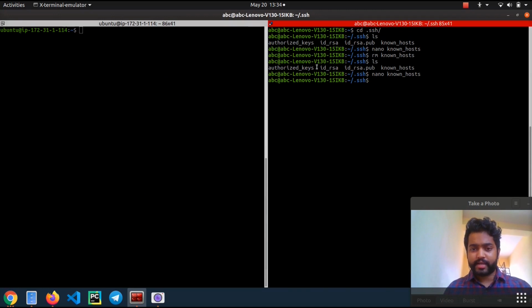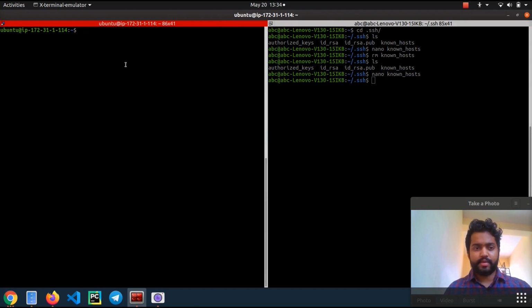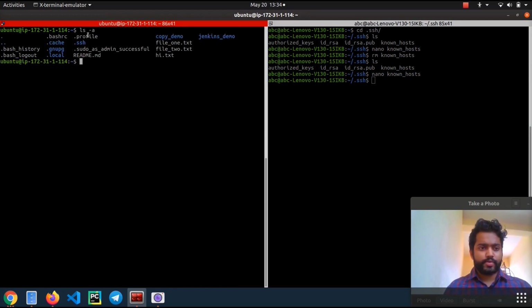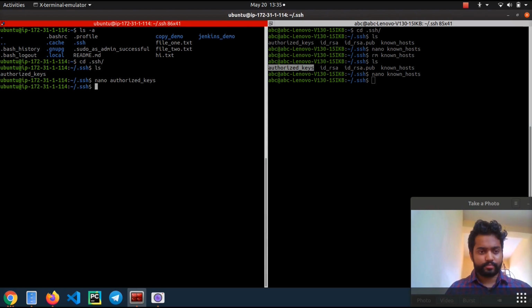Now as we have created these keys, I said that the public key associated with this demo underscore key file has been stored in this instance. So let's see where it is. When I do ls -a, guys, I see this .ssh directory. This has the authorized keys, and the public key associated with the demo underscore key file has been stored over here. So let's see that. cd .ssh. We are over here. If I do ls, I'll see this file, guys.